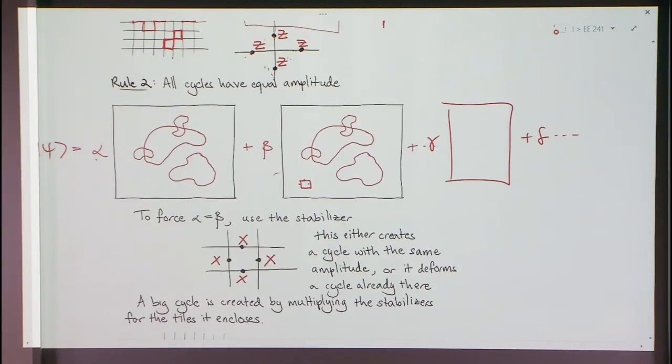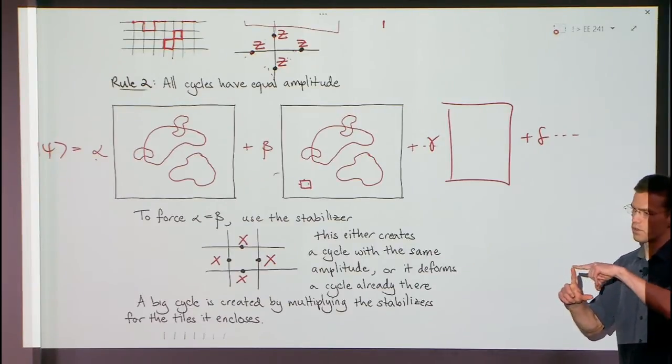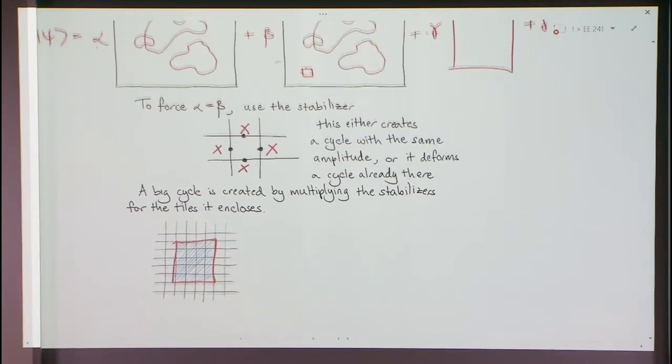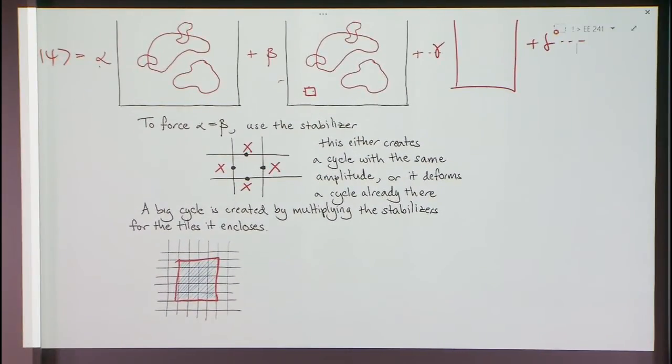The reason is that you can use these small cycles. These stabilizers only create or destroy a cycle of size 4 around one tile, but you can put them together to get bigger cycles. For example, if you want a cycle around these 16 tiles or whatever, 20 odd, whatever,